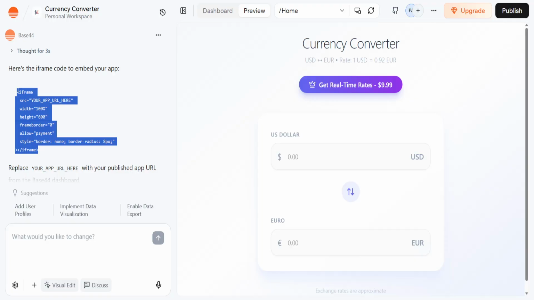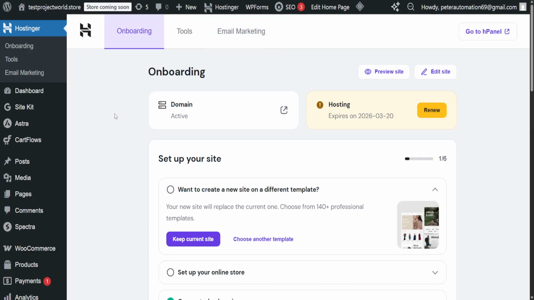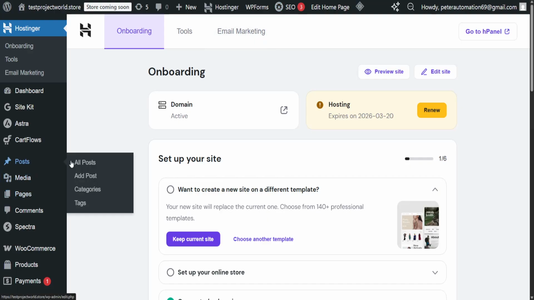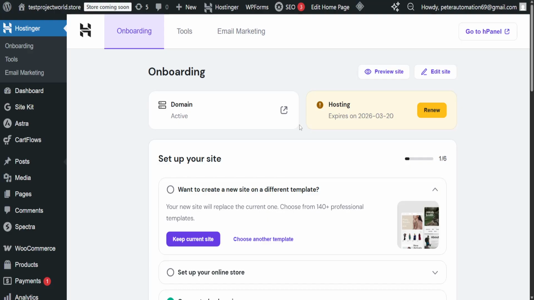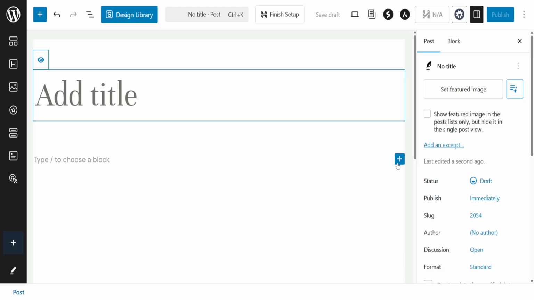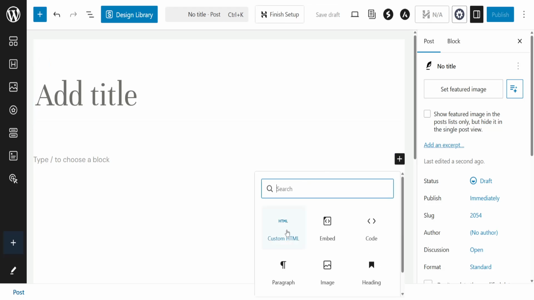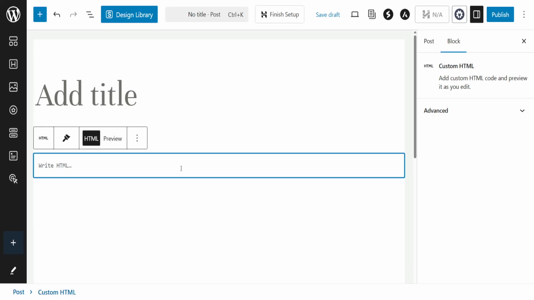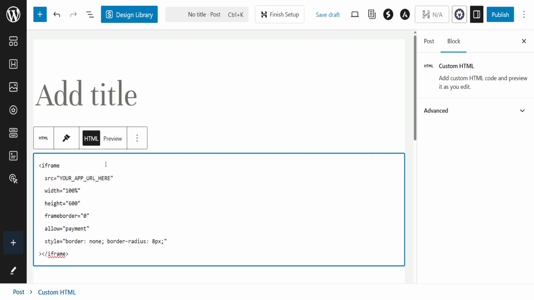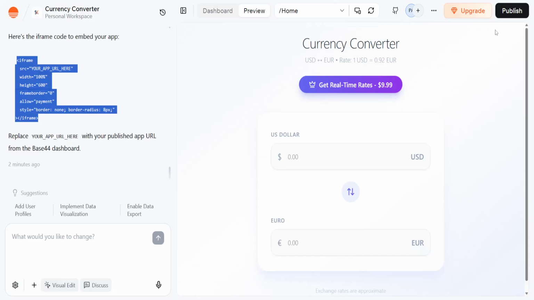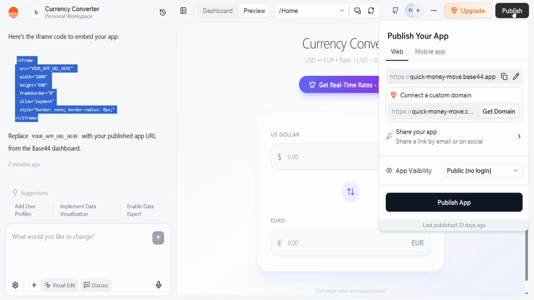So we are just going to copy this iframe code and then go into WordPress. Now here we will click on posts and add post, or hover over posts and add post. And we want to click on the plus sign, then choose custom HTML. Here we will paste the HTML which we copied, and then go back into Base44, click on publish here, and